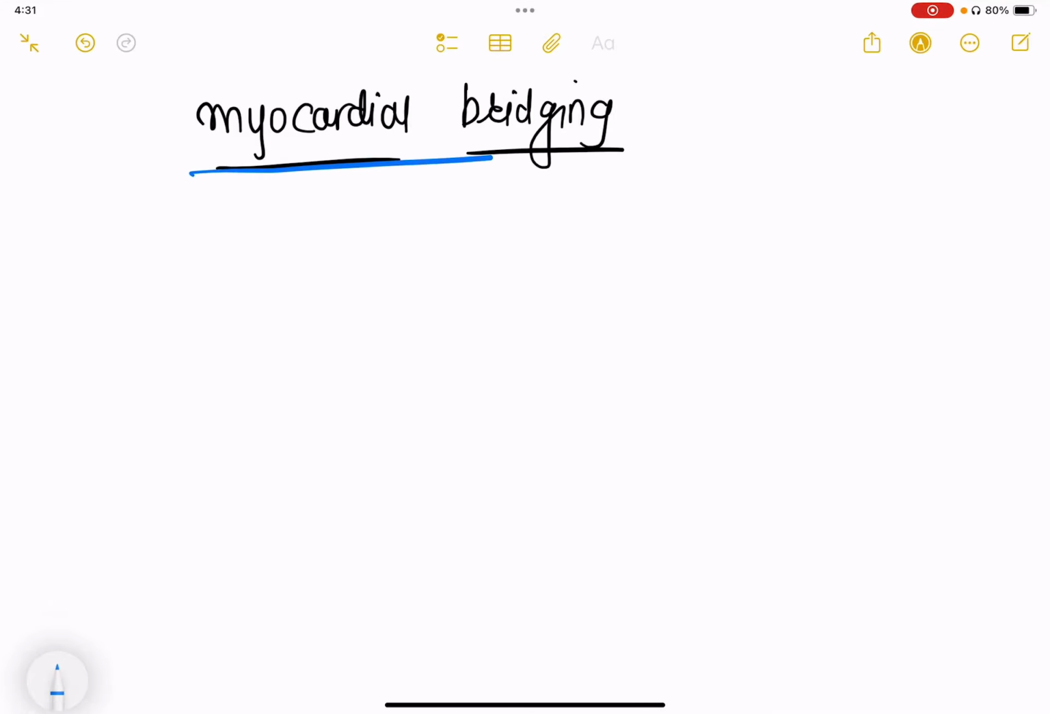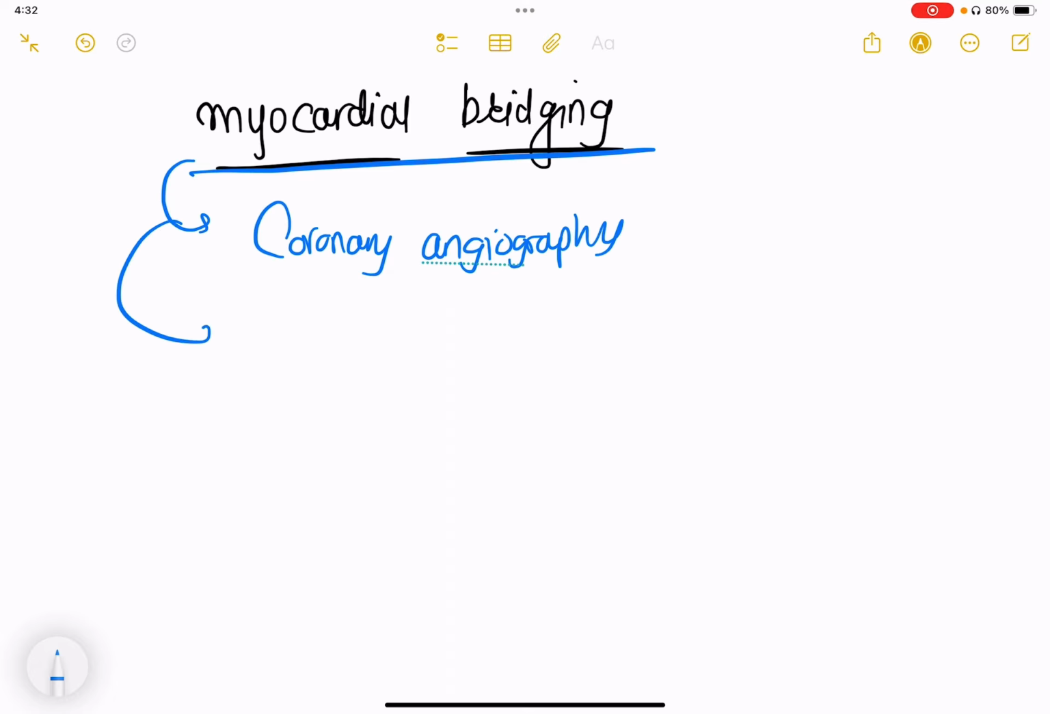Now, today we'll be discussing myocardial bridging, or myocardial bridge. Now, what is this myocardial bridge? This is basically a coronary angiography finding. What actually happens very commonly when patients present with chest pain or shortness of breath or lethargy or sweating